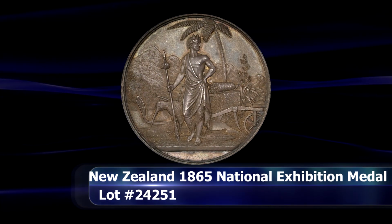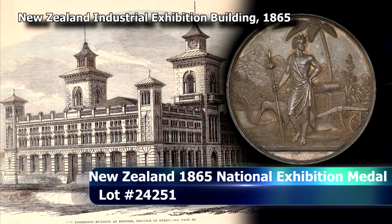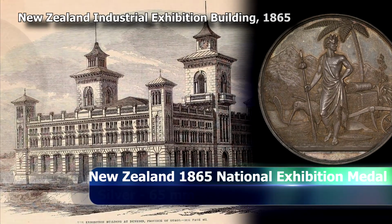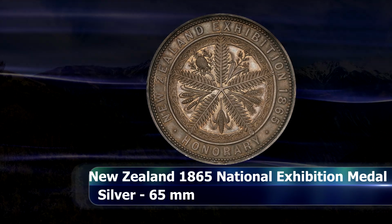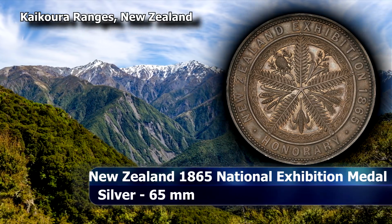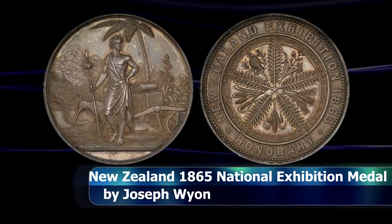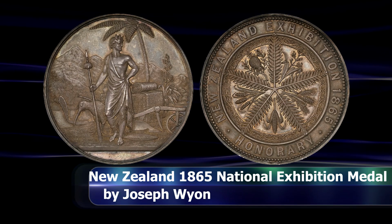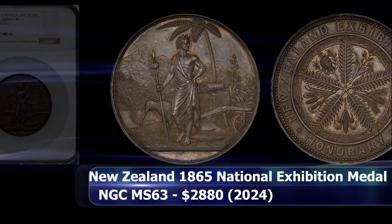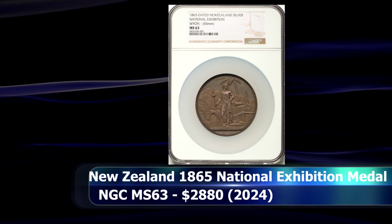$2,640. This exquisitely crafted medal was created to celebrate the New Zealand National Exposition held in 1865. It showcased exhibits from Australia, Belgium, France, Germany, India, Great Britain, the Netherlands, and of course New Zealand itself. It is possible that this medal may have been awarded to, say, visiting dignitaries or important people who happened to appear. Graded by NGC as MS63, it sold at auction for the sum of